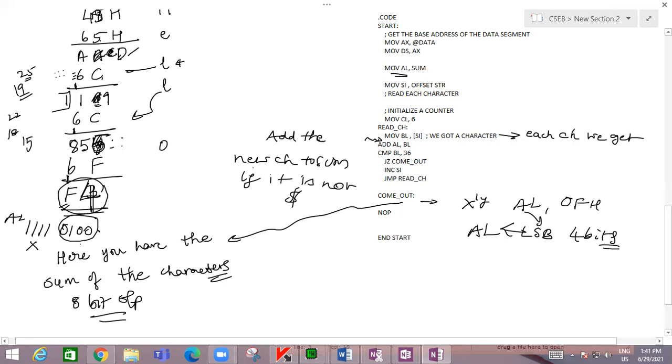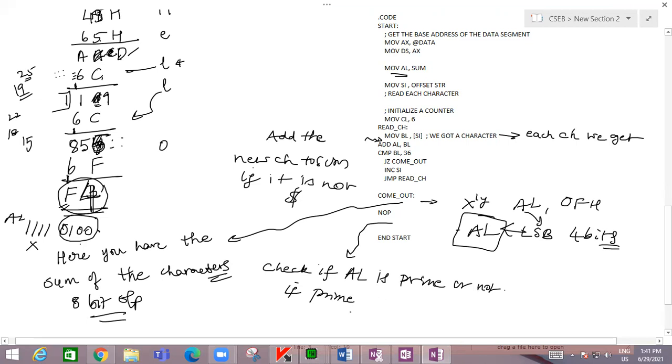So this is the sum. Next, what you have to write here: once you have this, you have to check if the AL number is prime or not. If it is prime, display.